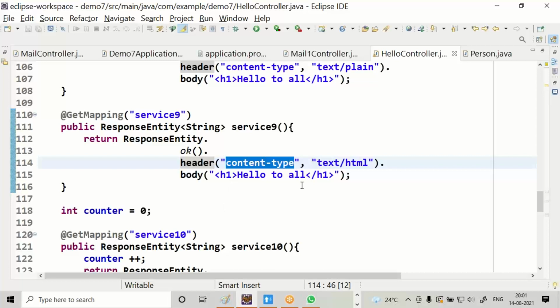Header name is Content-Type with text/html. This output is HTML output.